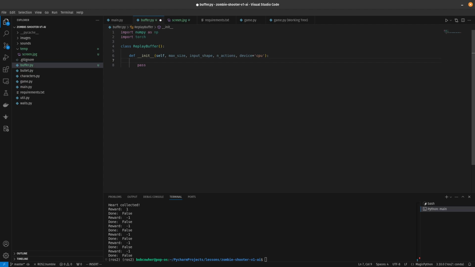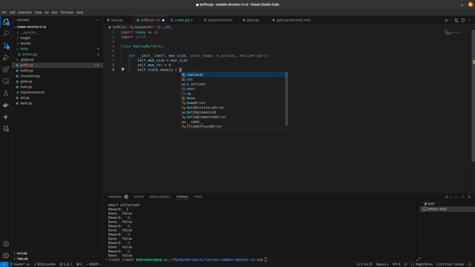All right. We don't need that pass anymore. We're going to go ahead and say self.memSize equals max size. Okay. We're going to say self.memCTR is equal to 0. We're going to say self.stateMemory